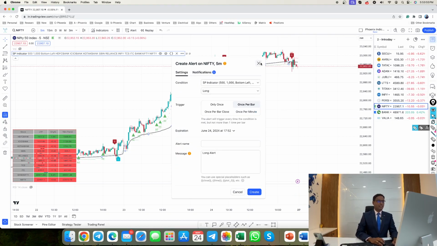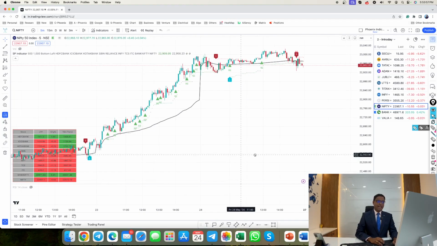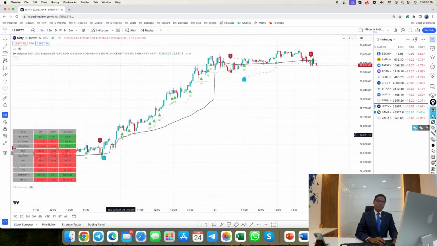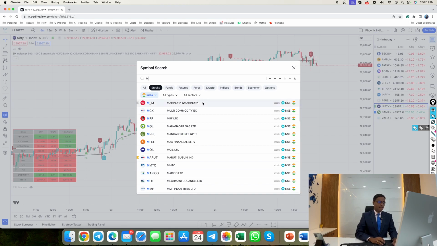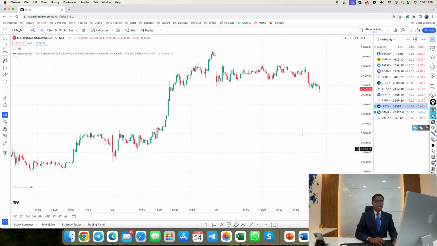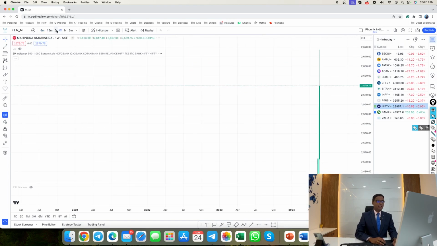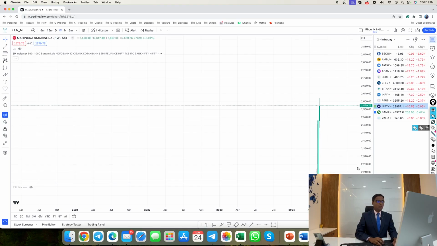Okay, next feature is, I said, entries after signal candle, and if you keep on getting retracement signals, you can keep on holding your trades. And the second option is, for example, if you're trading, I had today one particular stock, right, M&M, Mahindra and Mahindra. I had an indication today that I would be getting into a